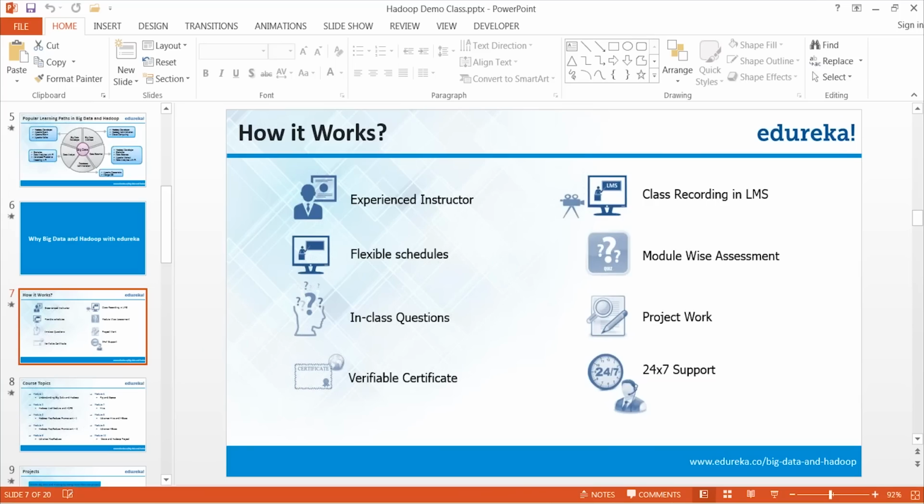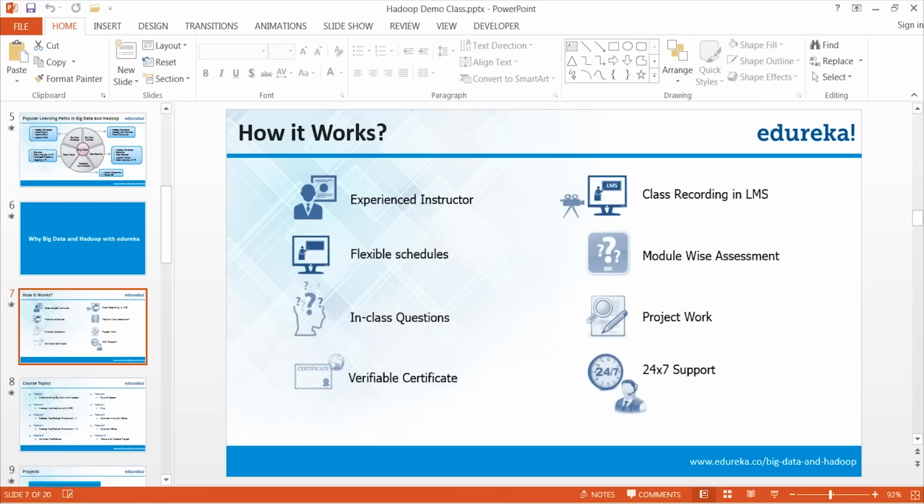The modules are very easy to follow, and the way the modules are categorized, you'll find a very nice, smooth and easy flow of learning new things. There are in-class questions, so we always encourage people to ask questions, and we provide them solutions, right? If you keep a question in your head, according to me, if you're learning something new, you cannot learn unless that question gets cleared, because you want to get that question out of your mind. So we have wonderful instructors, and they're going to give you actual answers,